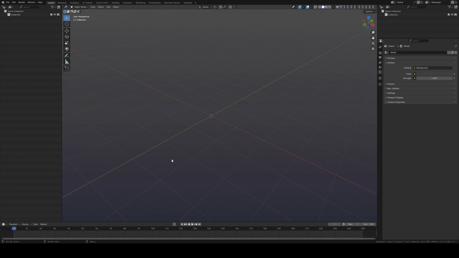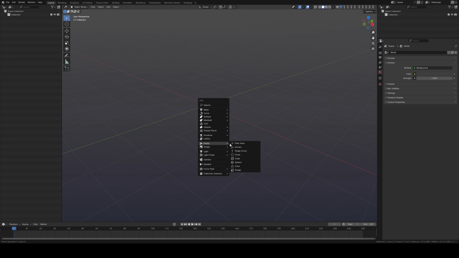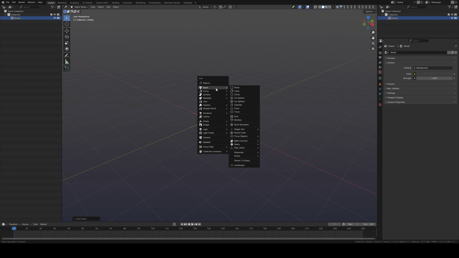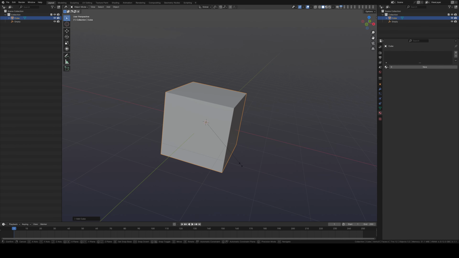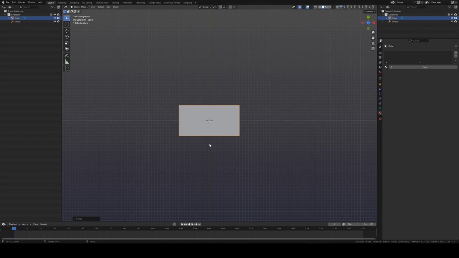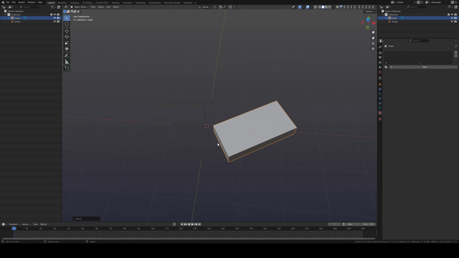Okay, so how to fast prototype in Blender. What we're gonna use is an empty object, and it's gonna be the parent object for our prototype. In this case we're gonna try to make a spaceship or something like that. So we're gonna create a cube or any object really. We're just looking for basic shapes, and this is gonna be like, I don't know, some piece of the